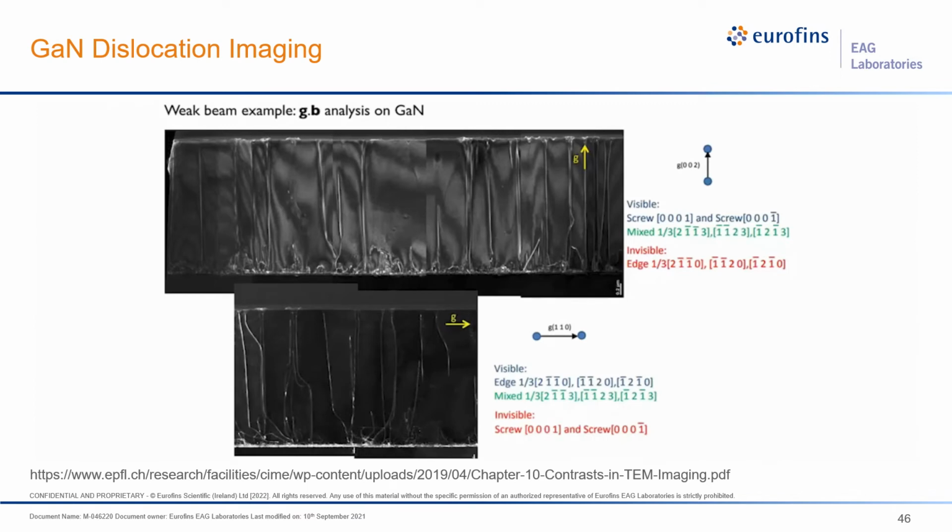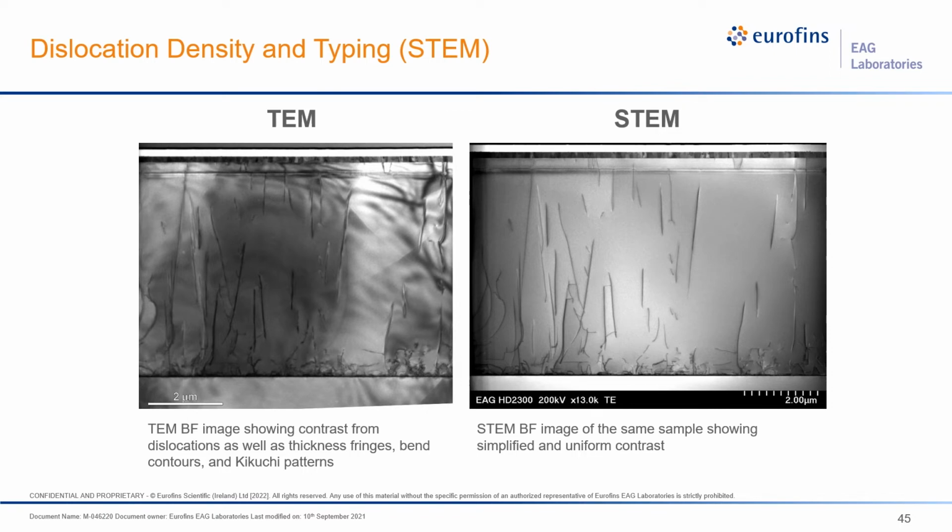For gallium nitride, dislocation imaging is well documented in the literature. You can do the so-called g·b analysis to visualize the dislocations, and based on how they show up and how they disappear, you can analyze each individual dislocation. In the past, conventional TEM was widely used, but sometimes